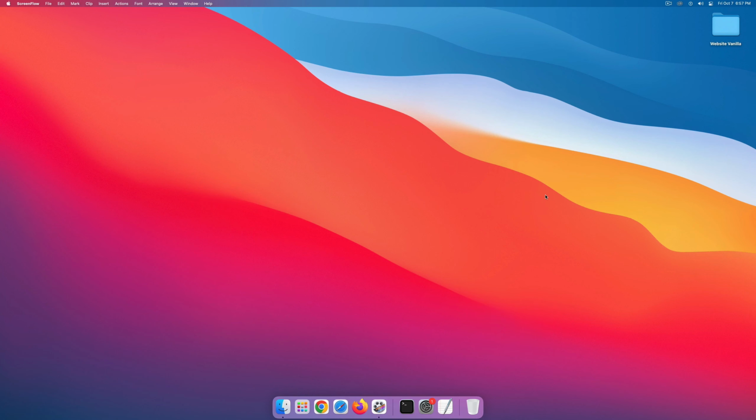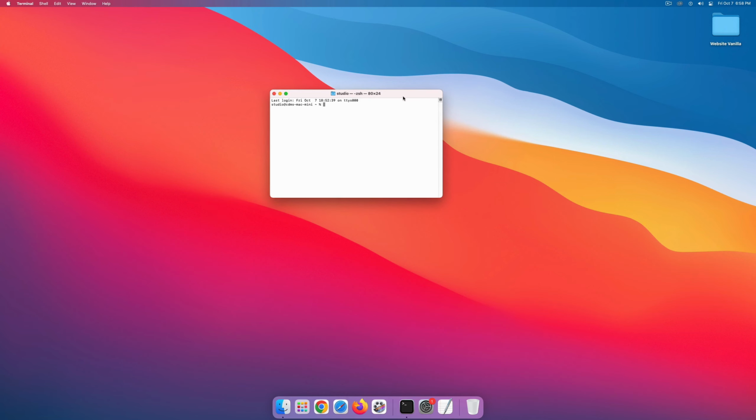I'm using a Mac and I don't have Git installed yet. So I want to show you the whole process of installing Git on your computer and also how to register for GitHub and use GitHub. So how do you know if you have Git installed on your computer? Let's open the terminal window here.